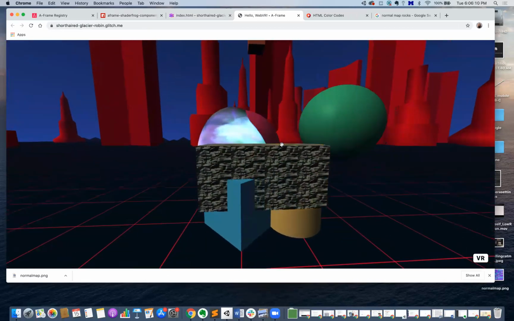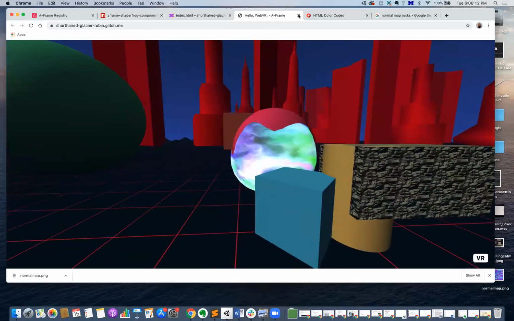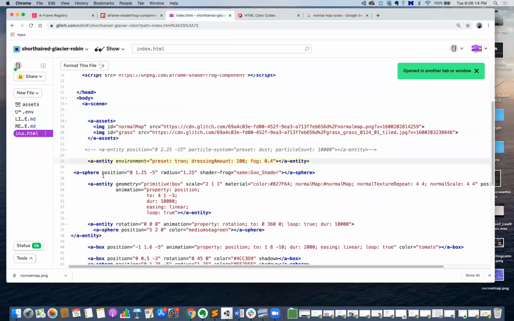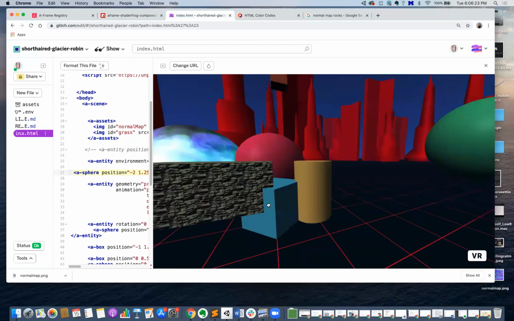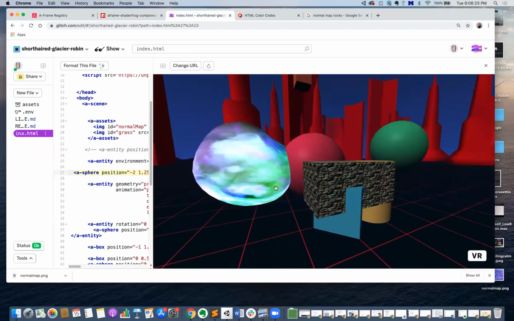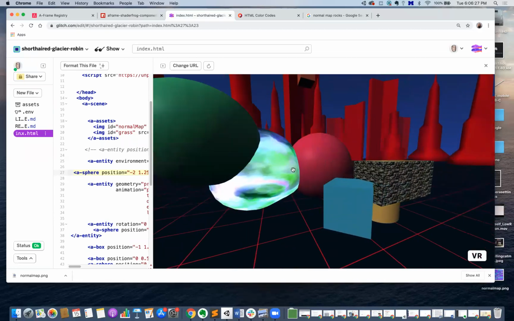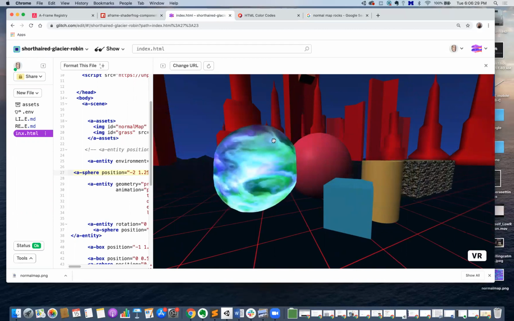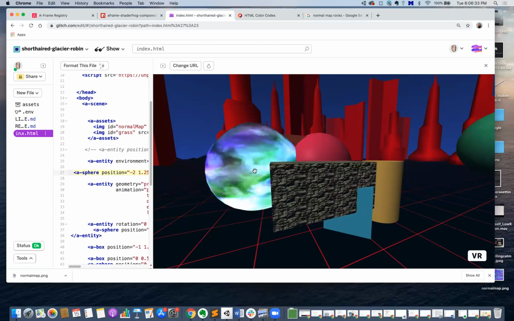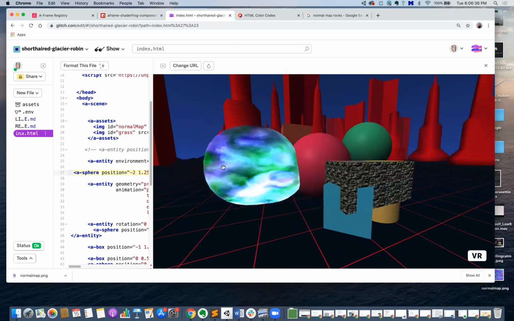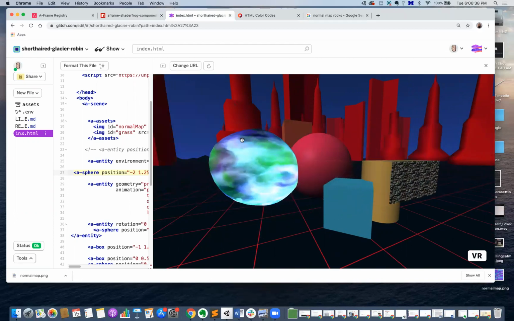Oh, the spheres are overlapping. Let's move that sphere. This sphere is going to be -2. There we go. Okay, so we have this shader on this sphere, and it's not only changing the surface, it's also changing the shape of the sphere